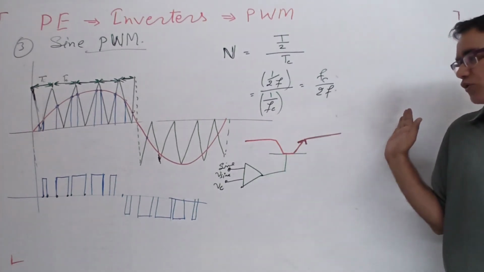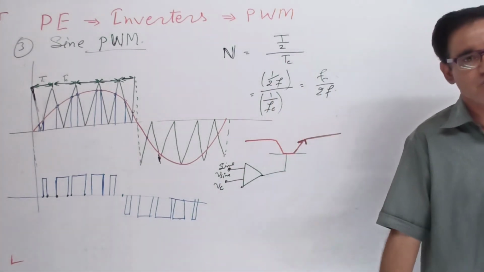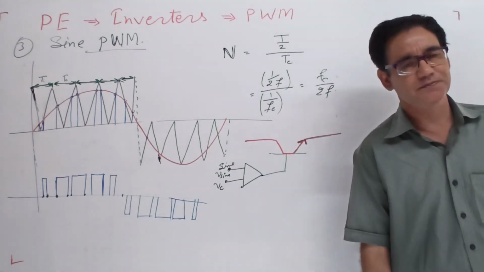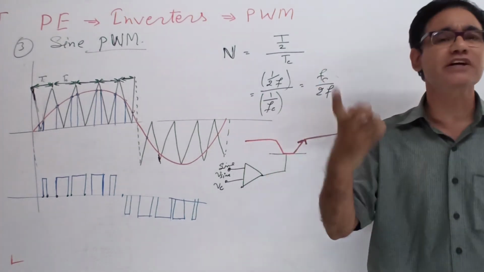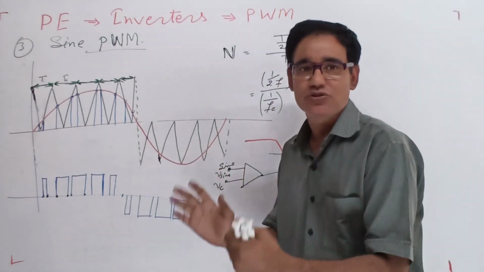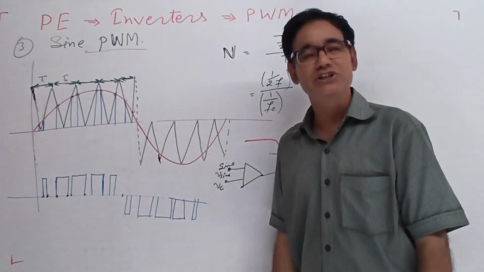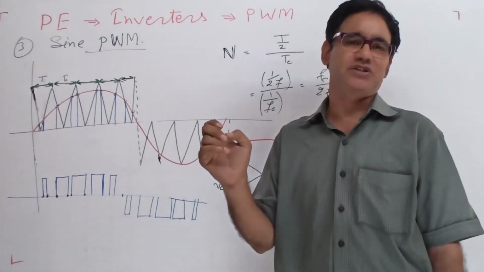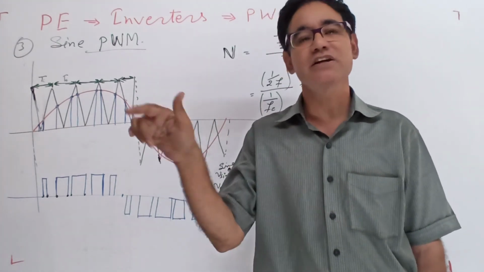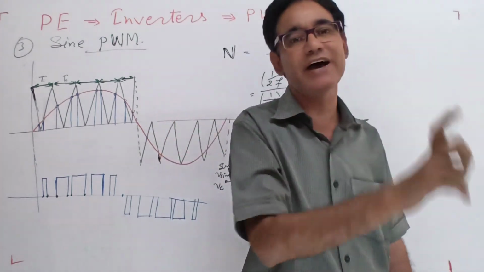So the output magnitude does not vary. The magnitude depends upon the source voltage. Only the width varies as per the switching. So we are controlling the switching circuit with the help of the comparator. As per the comparator, the switching extent and switching duration are controlled, by comparing the sinusoidal with the carrier signal. The carrier is the fixed one, but the sinusoidal magnitude varies. So according to the variation in the magnitude, the pulse width will vary.